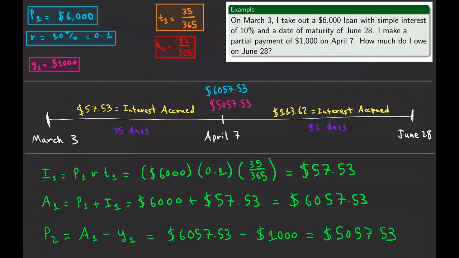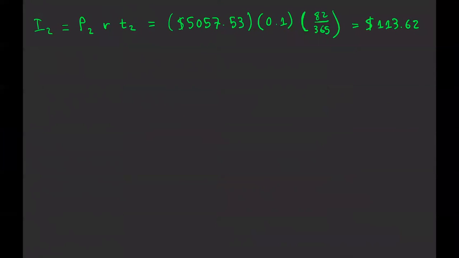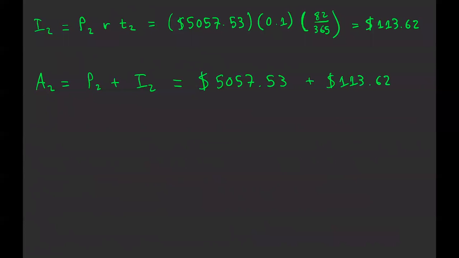So what we do now is, on June 28th, to find out how much we owe, we just take how much I owed on April 7th and add that interest in. I'm just adding these two numbers, and that is going to give me my final answer. The final amount, A2, is going to be the amount that I originally owed plus the interest. That amount that I originally owed, we have it right above us, $5,057.53, plus the interest that we just calculated. And that is going to give us a nice